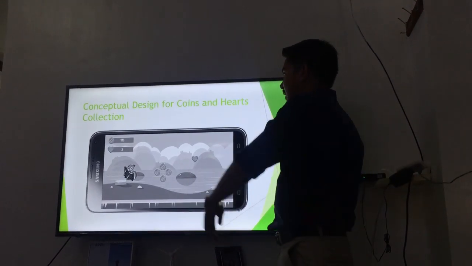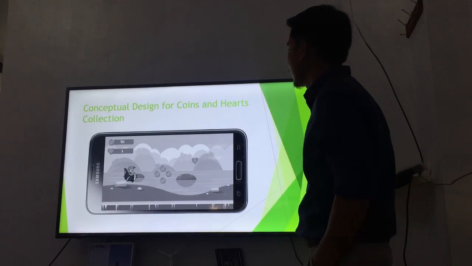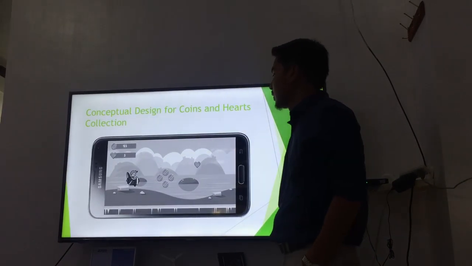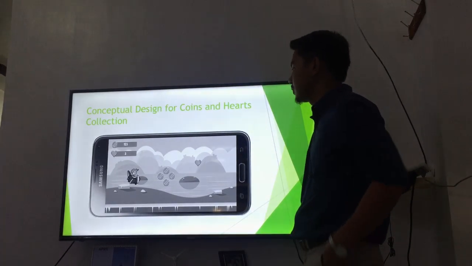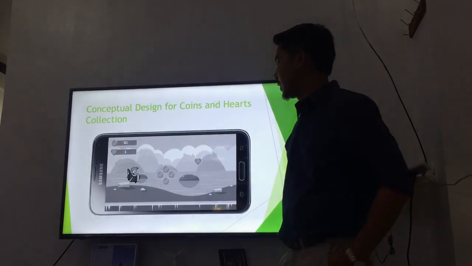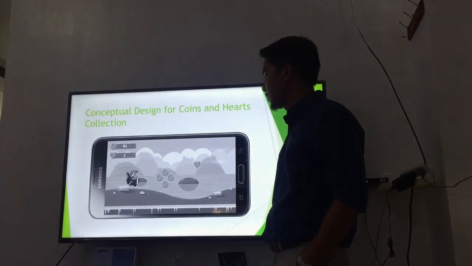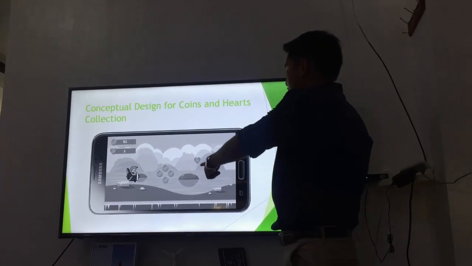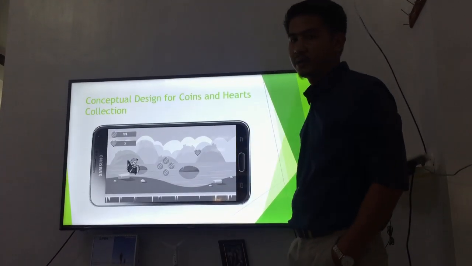Here, this is the conceptual design for coins and heart collection. If you want to have more coins to buy avatars, just collect the coins. And this heart is for your lives.